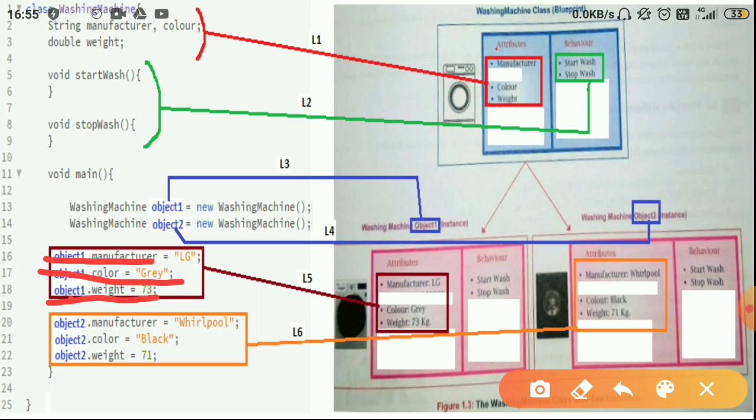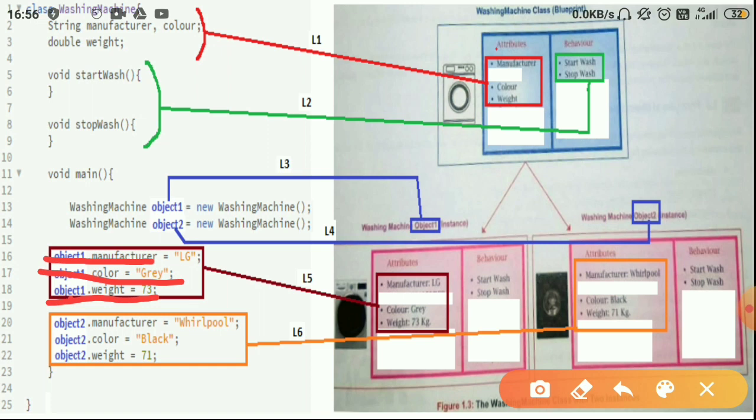So now your washing machine is ready. It has got a manufacturer, a color, and a weight. But that is the first washing machine, object1. Once we have created the first object, we will define our second object as well.